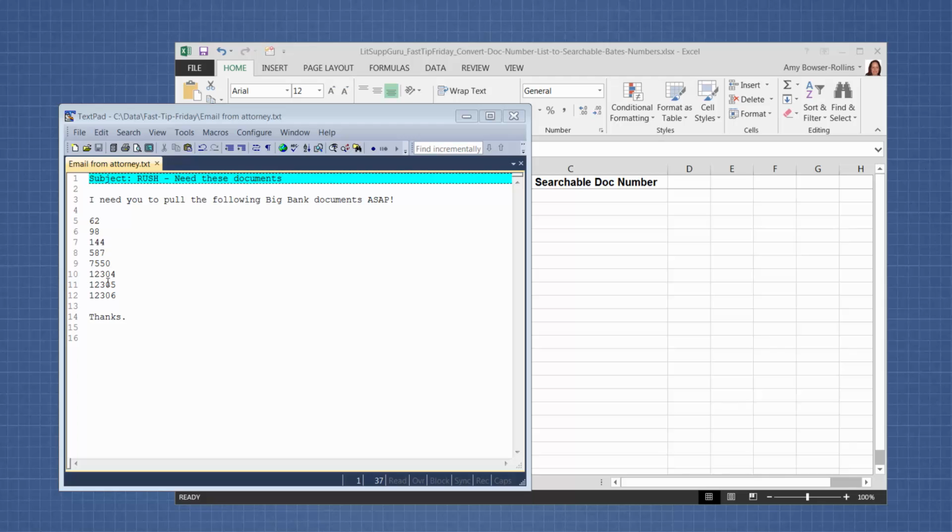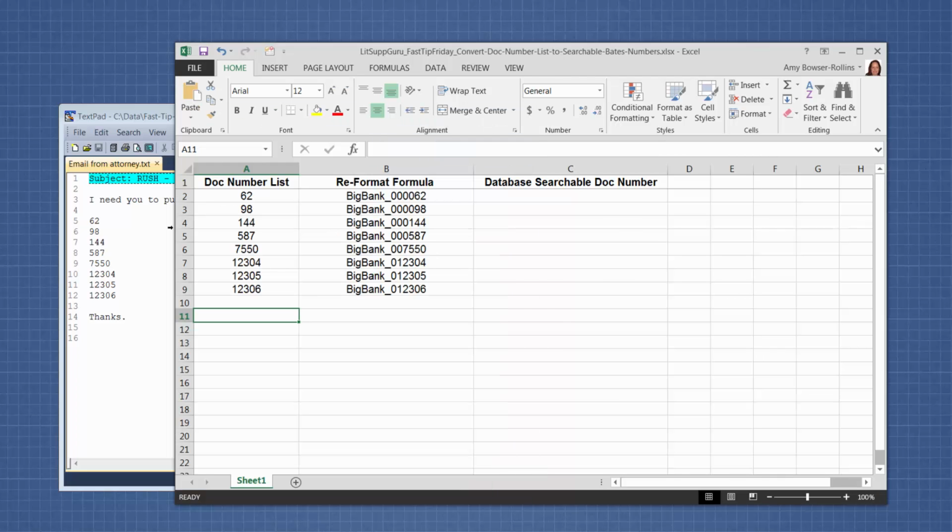So anyways, what we need to do, we can't just copy and paste this into a database and search for all the documents. It's not in the database in that format. So Excel can help with this. I just took this list and pasted it into this column as is. And then in this column, I used a formula